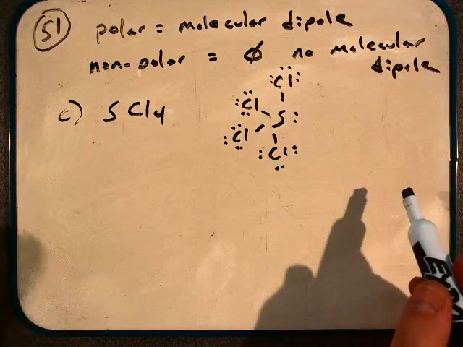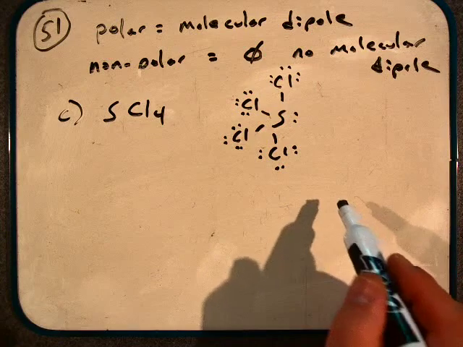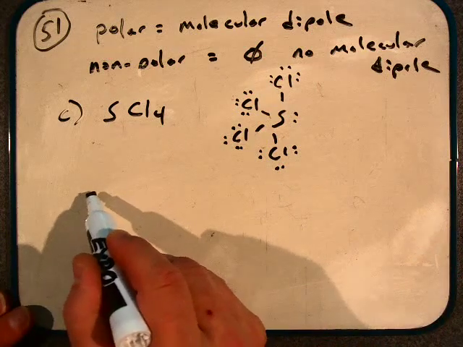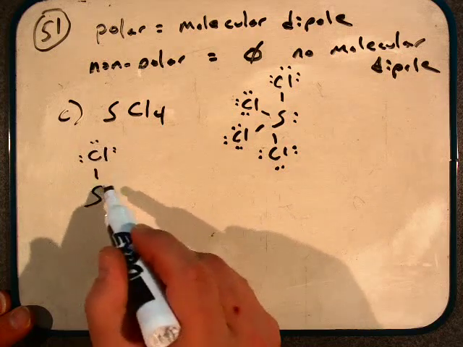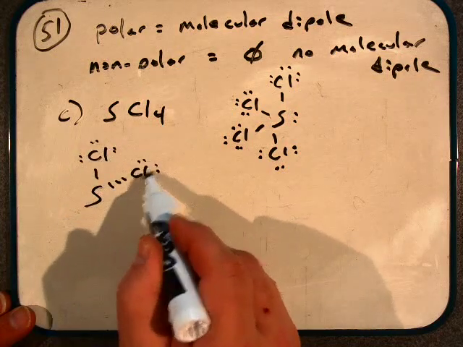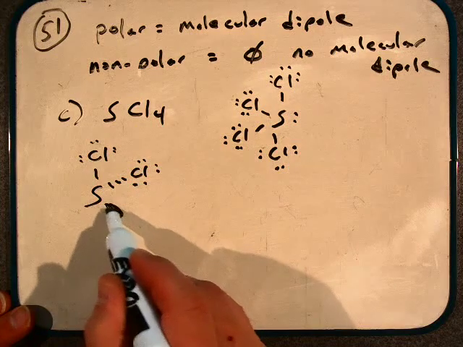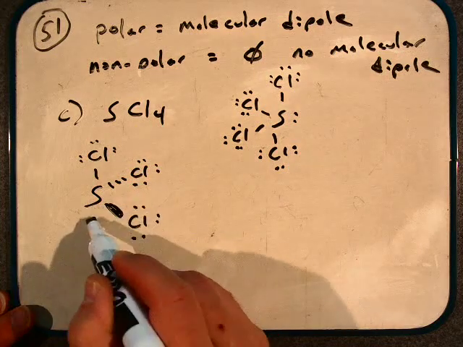So this would be an example of a trigonal bipyramidal electronic structure, and so we would end up with this 3-dimensional representation